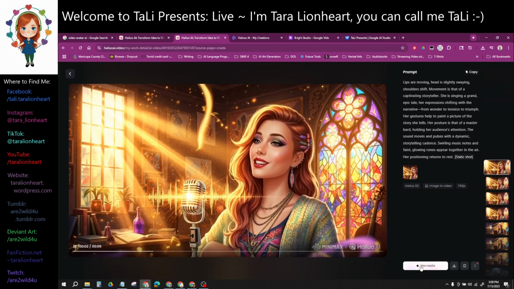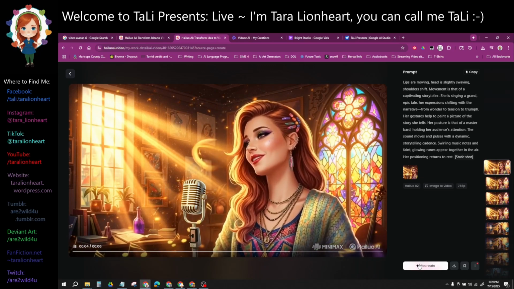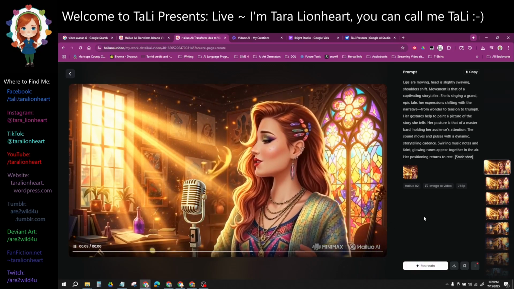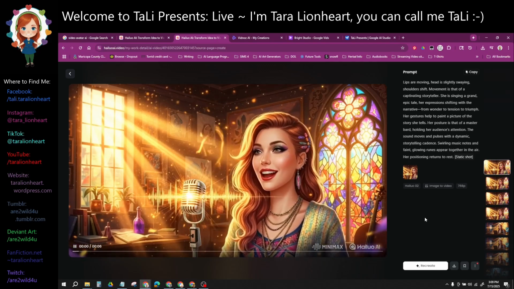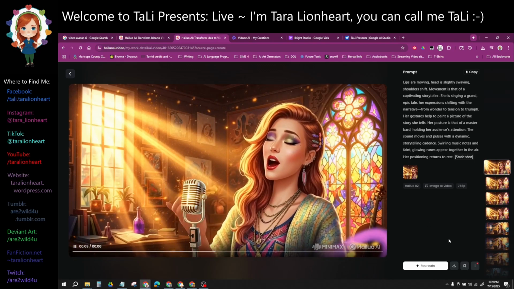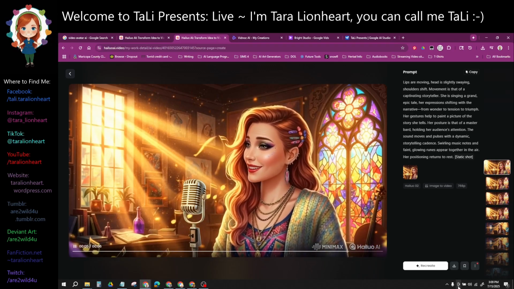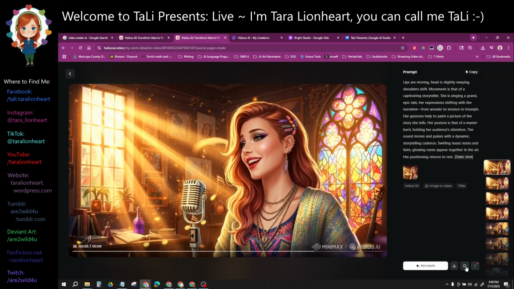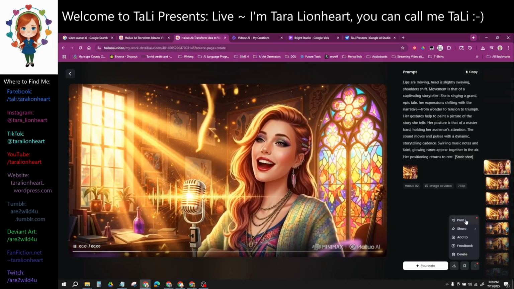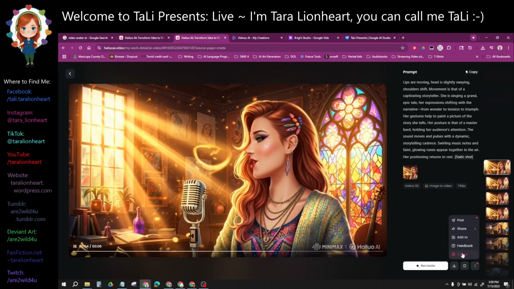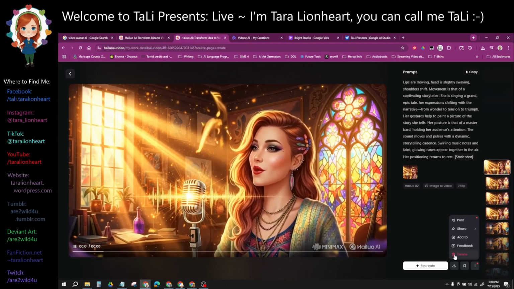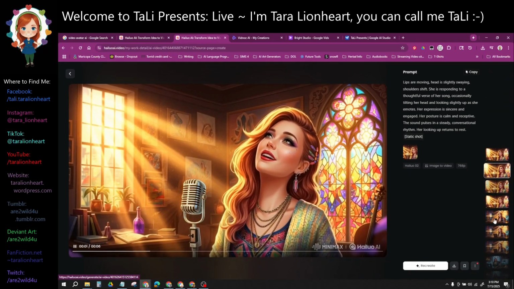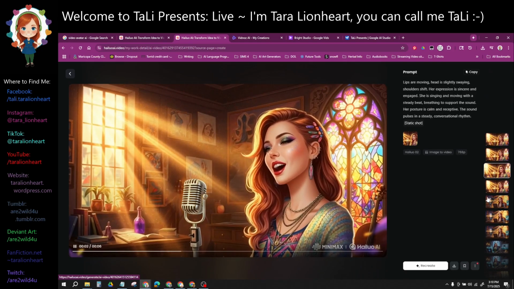And then if you hit recreate, you go right back into the creation menu. It does not regenerate the video, which is something that I had wanted to do, and it does not. You would restart over. You can download with or without the watermark once you're a pro member, bookmark it as a favorite, share it out and post it to places, and provide them with feedback, add to a collection, delete it out. You're able to move from video to video in this large player, which is really nice.